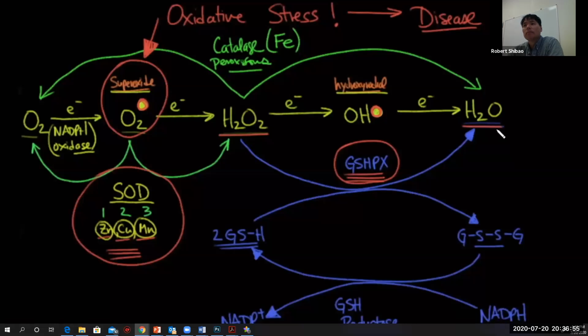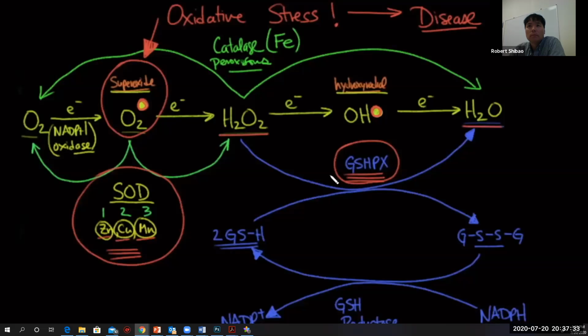And so the most reduced form here is the H2O, or the water, and the most oxidized form here is O2. Also, please realize that when you add electrons, protons come on as well. And that's why you start to see the ratio of protons to oxygen molecules increase as you go from left to right. The body's defense mechanisms are, again, superoxide dismutase, which converts the superoxide form here into hydrogen peroxide and oxygen. There's also catalase, which converts hydrogen peroxide into oxygen and into water.